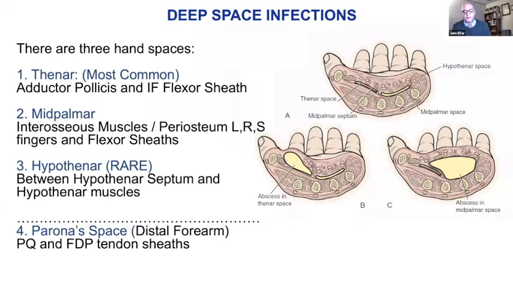Mid-palmar and thenar space infections in the hand are located dorsal to the flexor tendons. These are the flexor tendons, and look at these spaces that are dorsal to them. It's important to know these relationships. The mid-palmar space infection can often result from a penetrating injury to the tendon sheath, and the hallmark is the loss